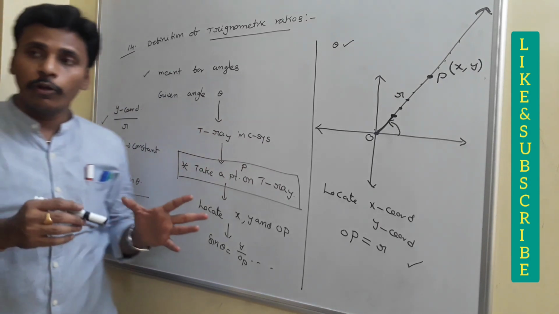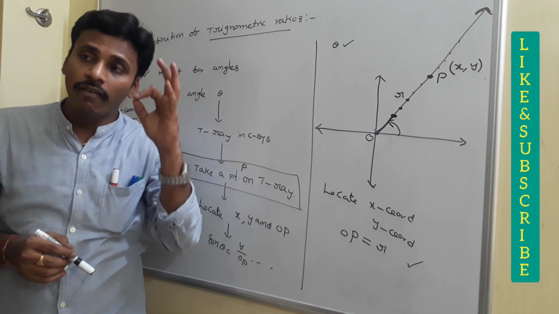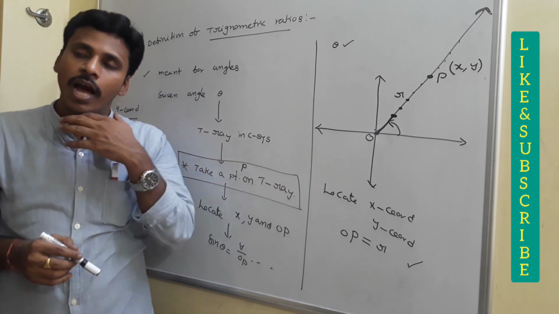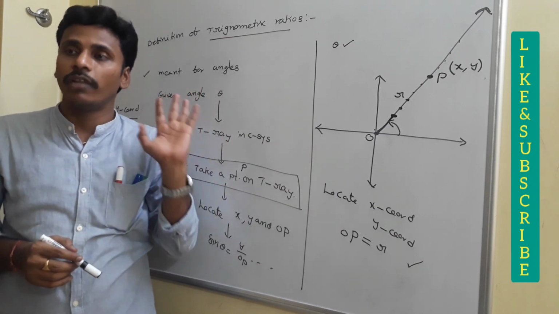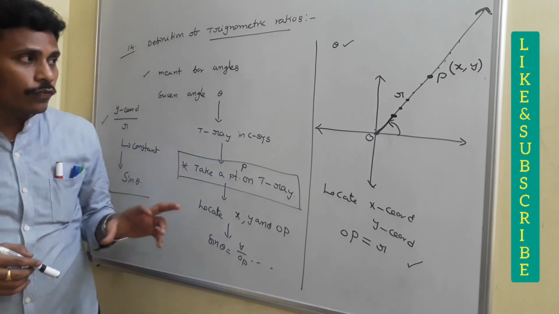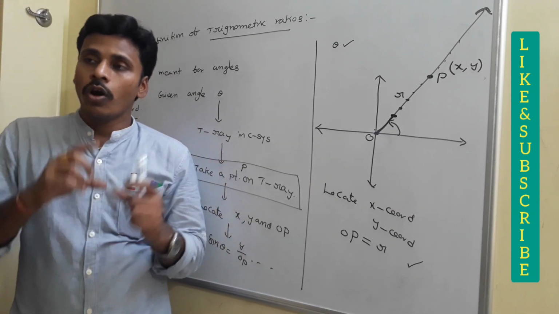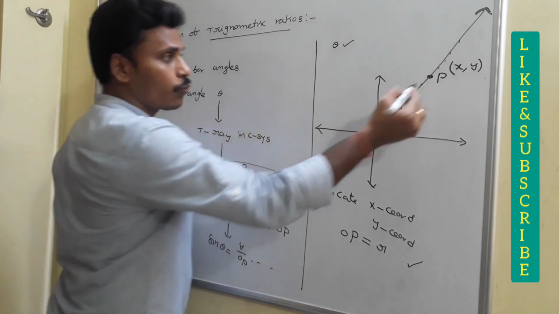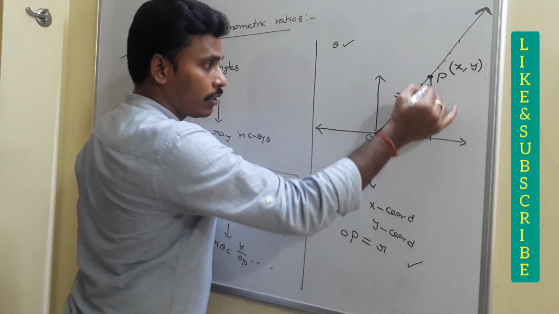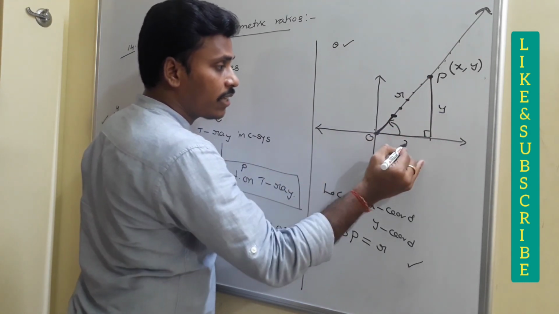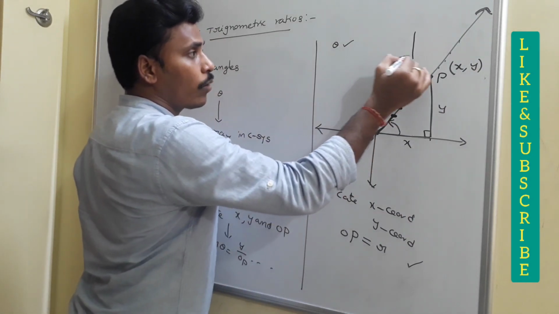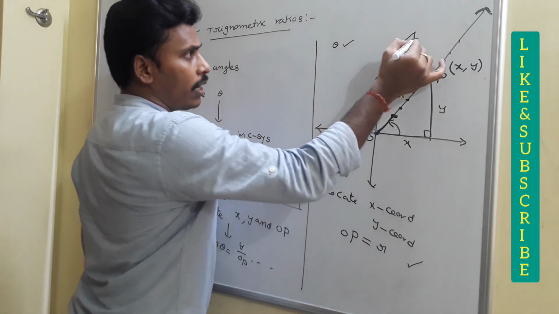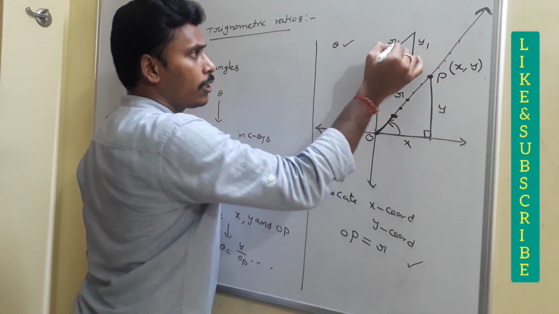So if there are 100 people, as I told you, everybody has one x, one y, and one r. If you calculate the ratio y by r, it is the same for everybody. It happens because of similar triangles, right? All those y by r values are the same because there exist similar triangles for everybody. If my point is this one and I join like this, this vertical length is y, this horizontal length is x. And suppose your triangle is this one, you just draw a line like this. This is your triangle. And this point is y1, this point is x1, this point is r1.